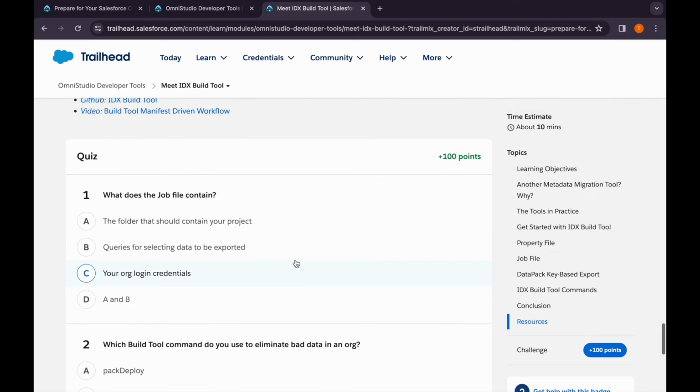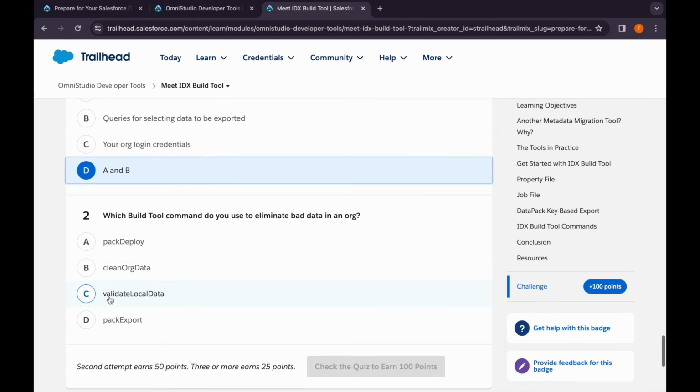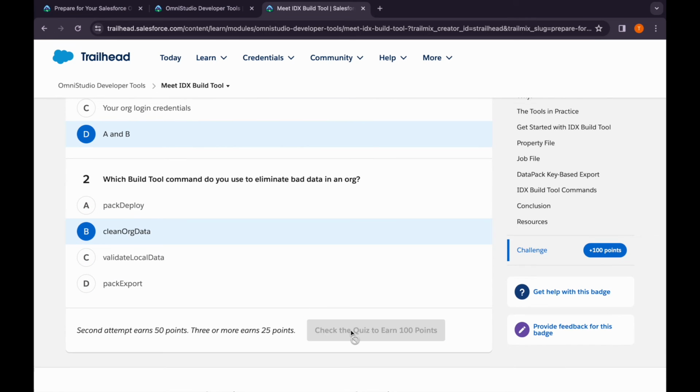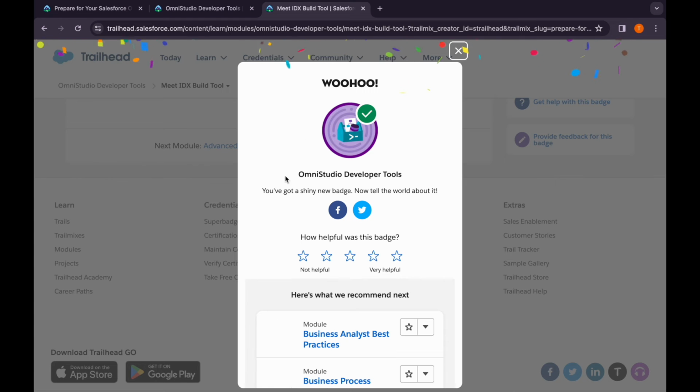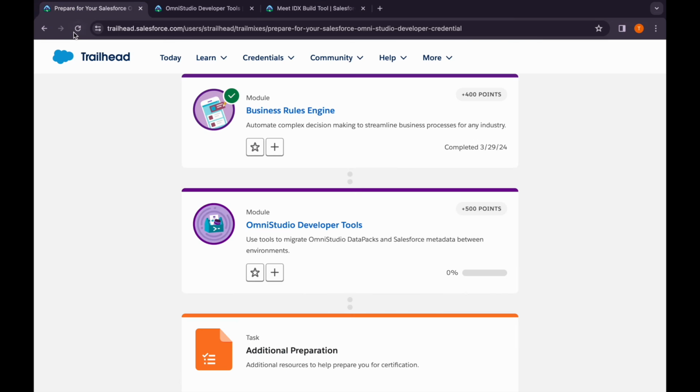Okay, so let's come to the quiz now. Job file, the folder that should contain your project and queries. So A and B should be the correct answer. Second option is, which build tool command do you use to eliminate bad data in an org? So just now we have discussed it should be clean org data. Let's check. So yes, we are done with this module, that is OmniStudio Developer Tools,